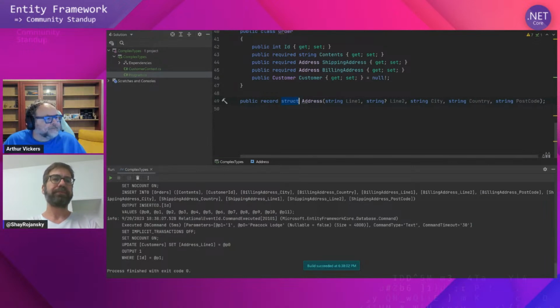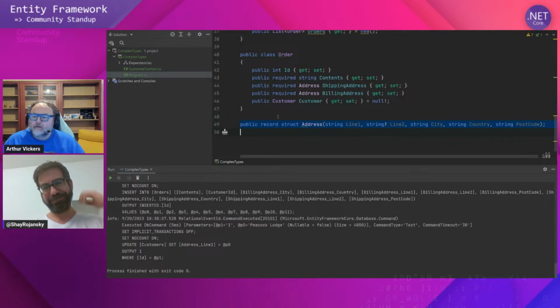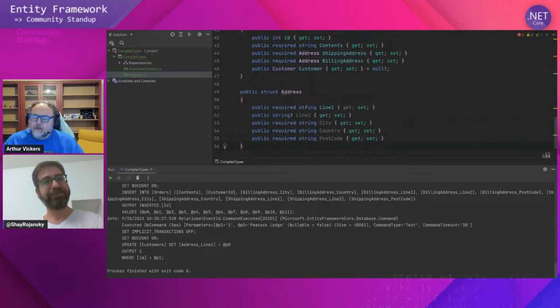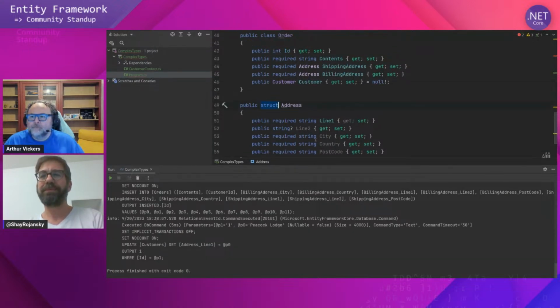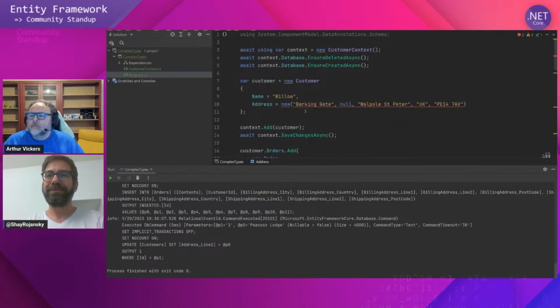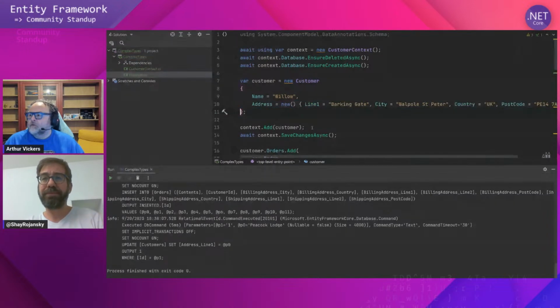Okay. So let's look at non-record value types real quickly. What I have here is a value type and it's mutable. So this is a mutable struct. Okay, so I'm going to go back to, let me find the code there that I had. I'll go back to initializing it because it doesn't have a constructor anymore. I could add a constructor, but for the sake of this demo, I'm not going to. So initialize it that way. Okay, now